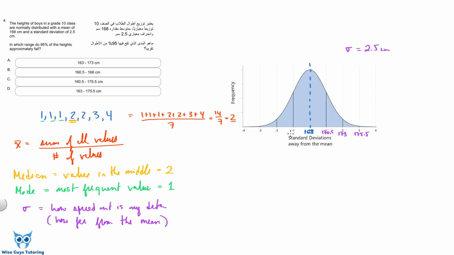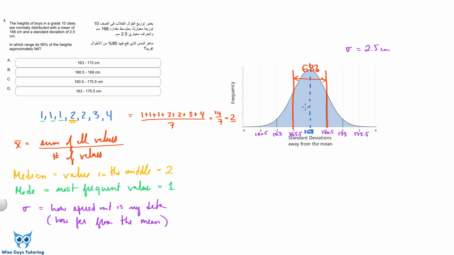And you can do that the other way, right? If I remove 1 standard deviation, that's 2.5, that gives me 165.5 centimeters. And over here, if I remove another 2.5, I'm just at 163. And another 2.5 leaves me at 160.5. You can keep going, of course, but these are the values that we are most interested in, and let me tell you why. So between 1 standard deviation below and 1 standard deviation above, 68% of all values